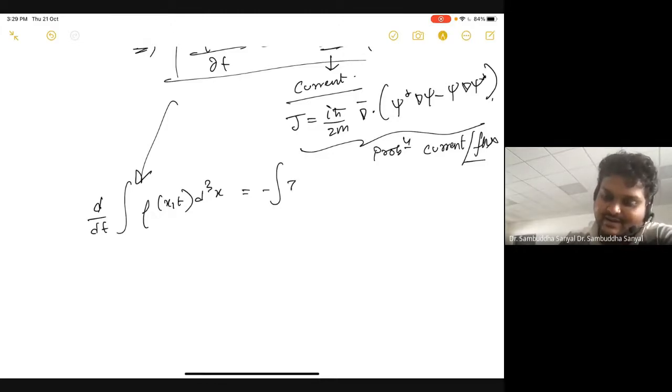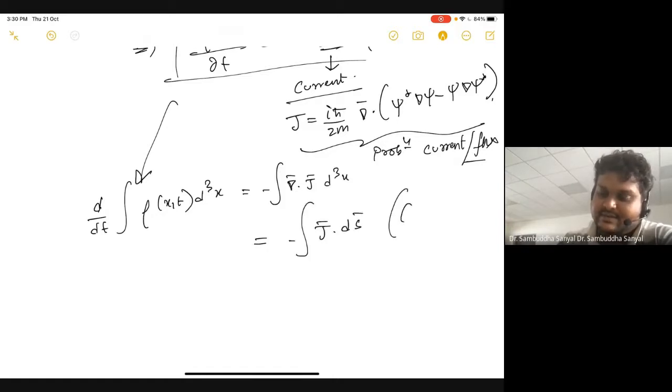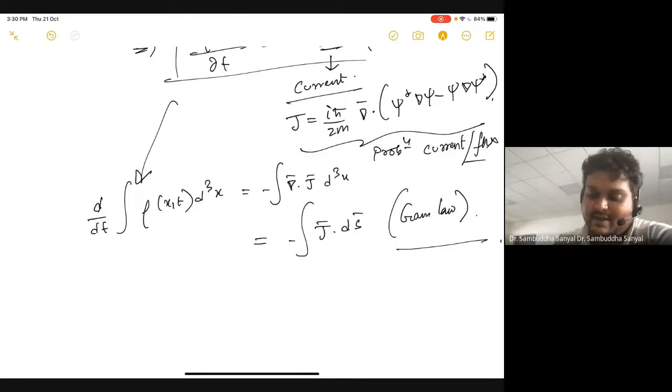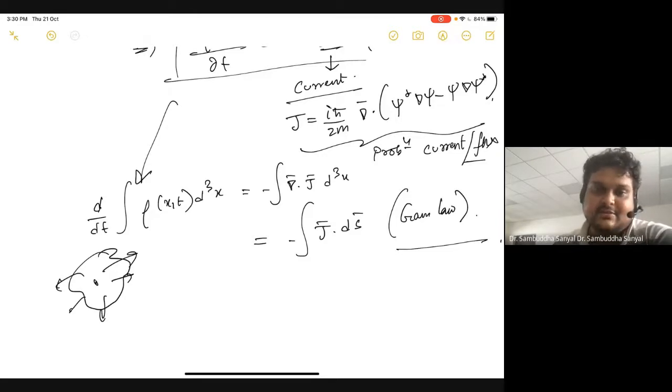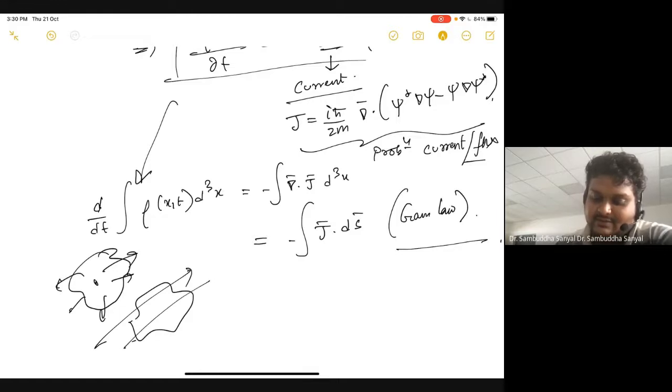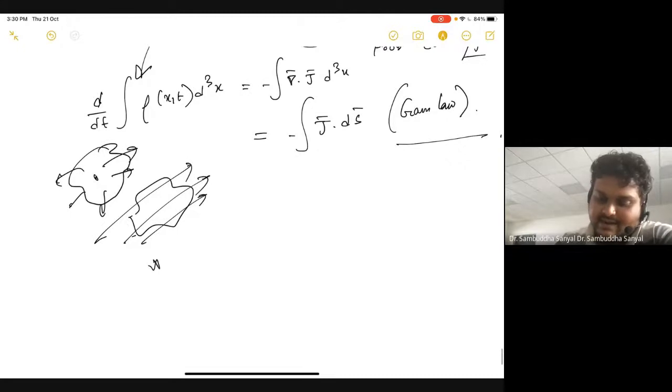So you get minus grad dot J. If I write this form, you get the Gauss law of this. So this is basically your Gauss law. You know the Gauss law form. It just tells you if I have a particle source and I enclose a surface, then the total current out of that, if I compute it over the surface area, must be the total charge inside. Okay? And if there is no such charge, then it's either no current or the current must pierce through this thing. So basically it tells you this interpretation.